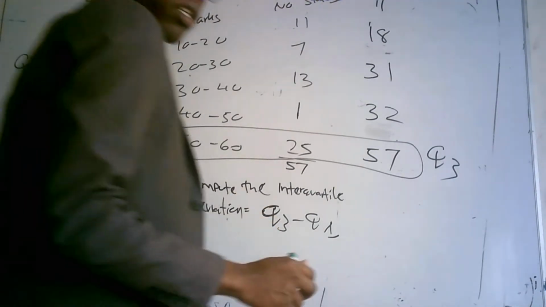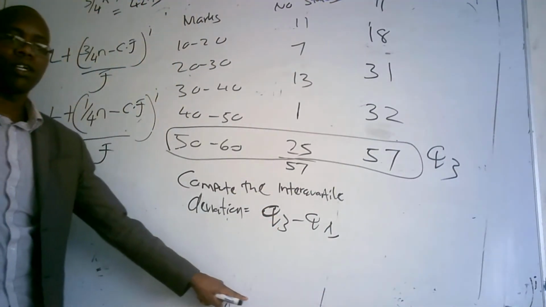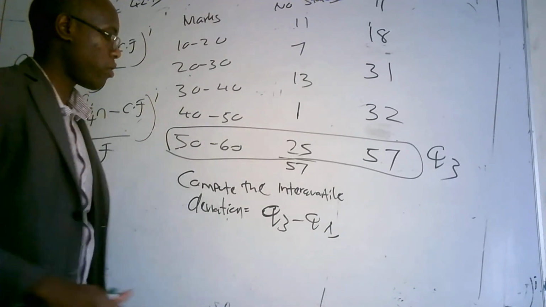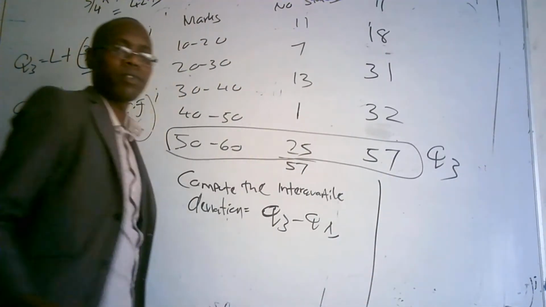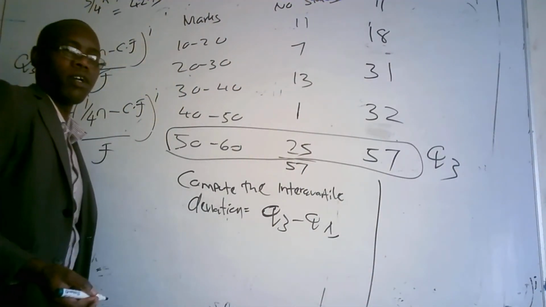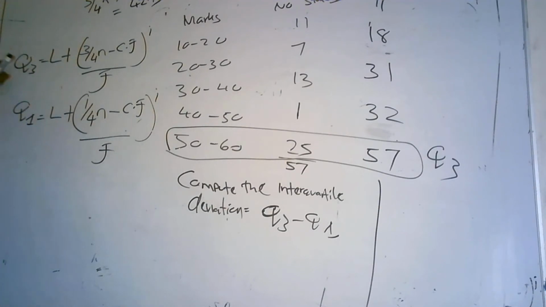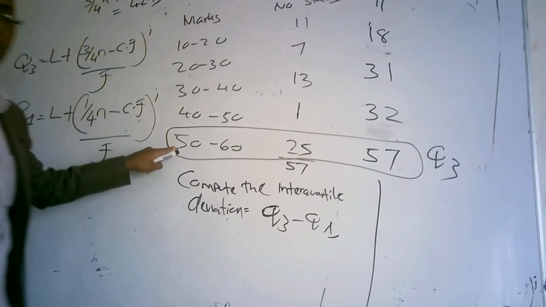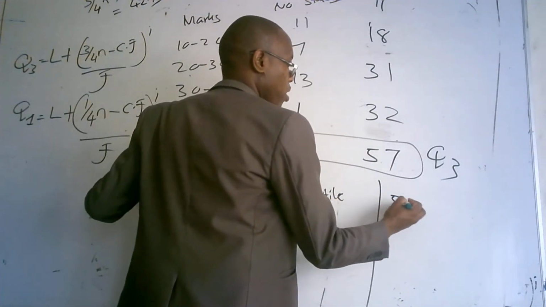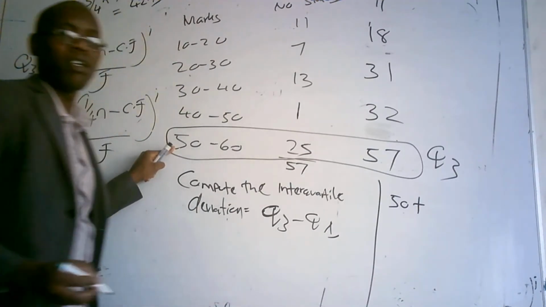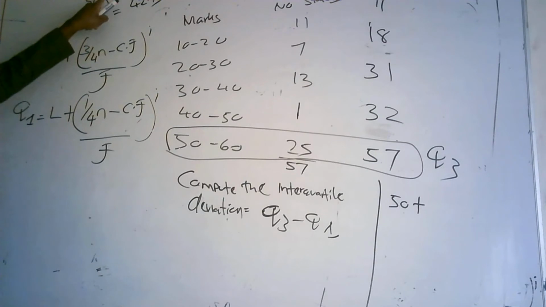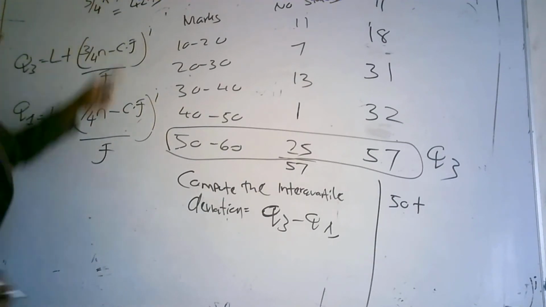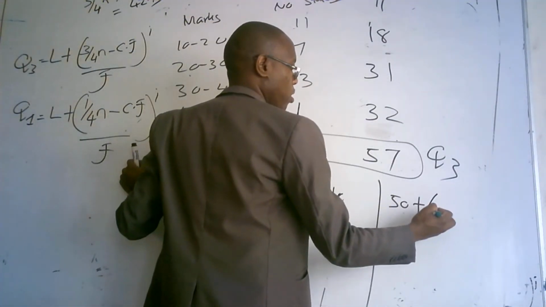So we want to substitute it below here, maybe on this far end. Remember, this is the formula of the quartile. So the lower class limit is 50, so it's going to be 50 here. You are going to add 3 over 4n. 3 over 4n is what we have done here, which is going to be 42.75. So plus, into bracket,